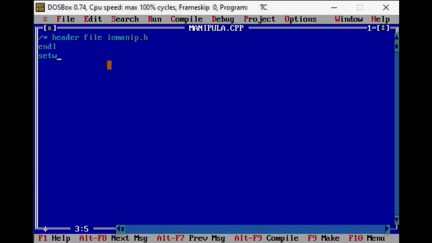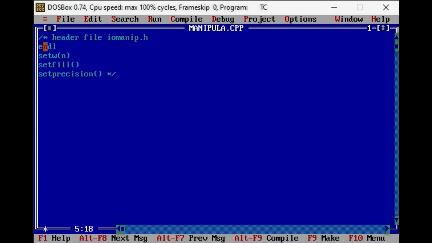Other than endl, there is setw, in which in brackets we define a size. After that, setfill. After that, setprecision. These are the manipulators which are used for different purposes.